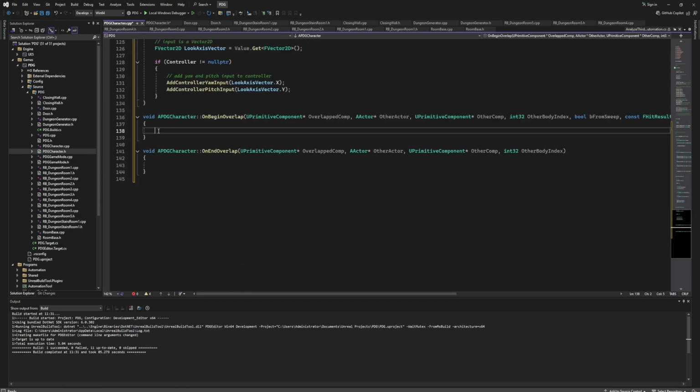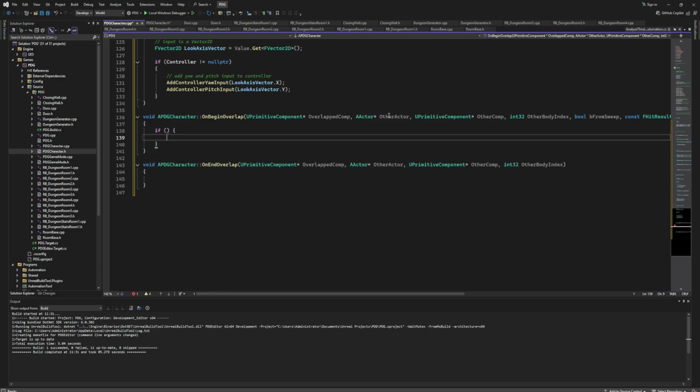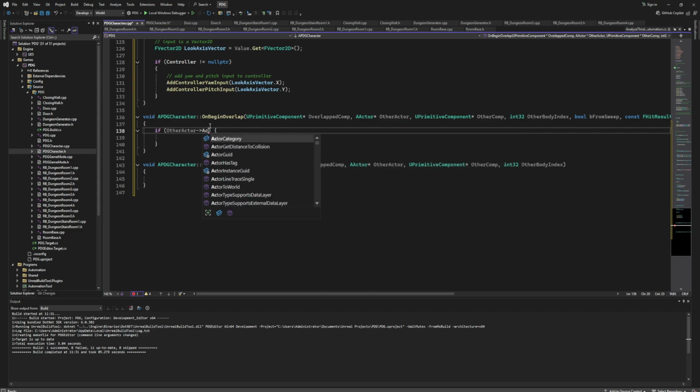Now the one thing that we want to check is if we are successfully triggering the box collision of our doors. So we need to check if our other actor has a tag. You may be asking what we are doing here, and I'm going to explain in a moment. I'm just going to check for interactable dungeon